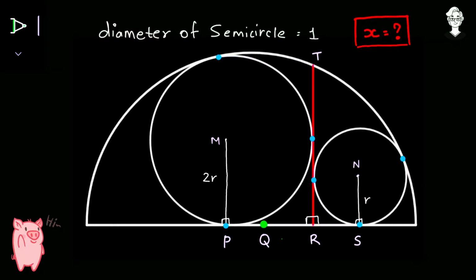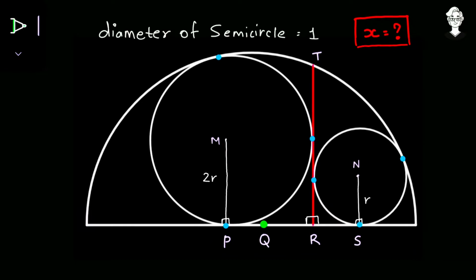So today we have a quite hard geometrical problem, and the given data is very simple, it's on the screen. But there are some things to be noted. The first thing is that all the blue points you can see in this diagram are the tangent points, means you can use all the theorems related to the tangent. The second thing is that this green point, that is point Q, is the center of this semicircle. Don't make the mistake of taking the point P as the center of this semicircle.